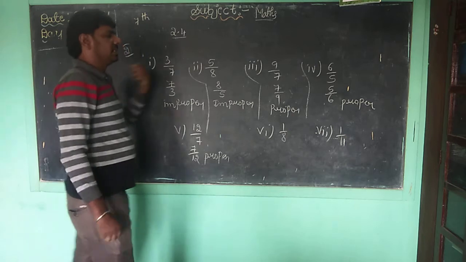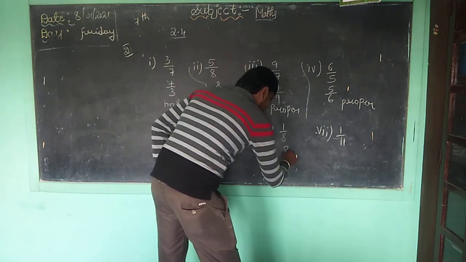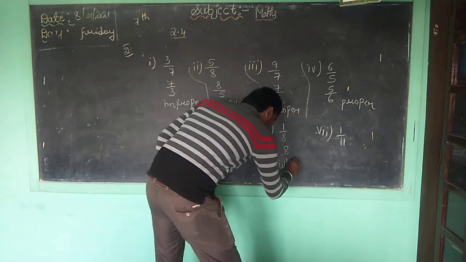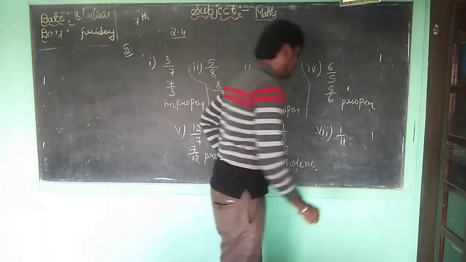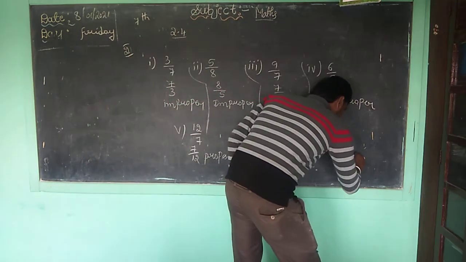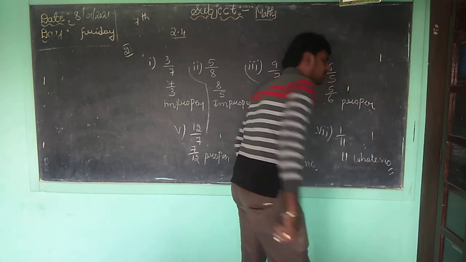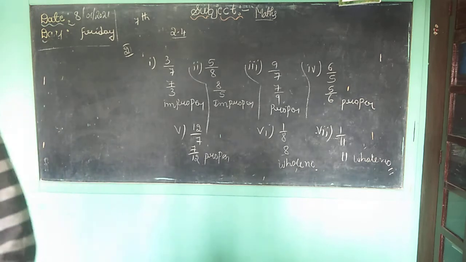Children, now you want to take reciprocal of 8 by 11. So it is also 8 by 11. 8 by 1 means what we can take? This is a whole number. Children, 1 by 11, its reciprocal means 11. It is also a whole number. Correct, children? Children, now we want to take the third question.